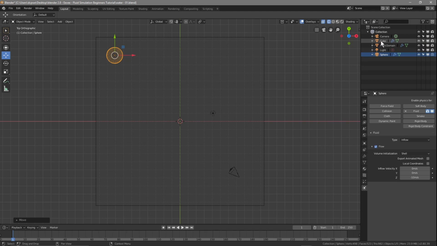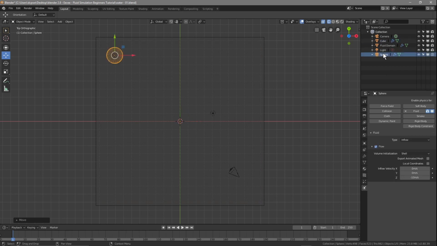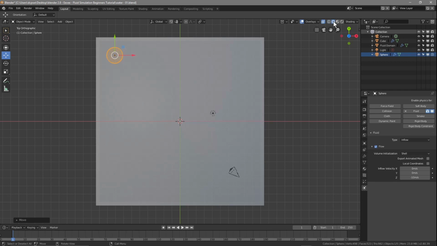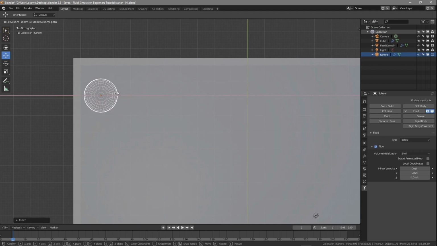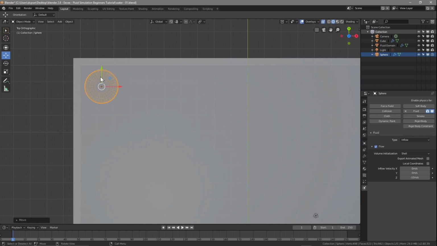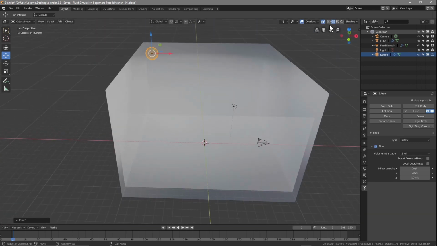And if I click on the cube, the cube is our container, and we want the sphere to sit in the corner here, but not too close to the edge. So let's go back to the sphere. Maybe it will be easier to see this in the solid view. So let's zoom in a little bit here, and I just want to drag it so that it sits in this corner, but there's a gap here and there's a gap on the side here. You don't want it flowing over the edge. Okay, so in theory, if we've done this right, let's go to wireframe,